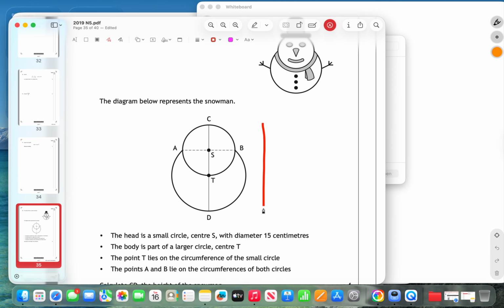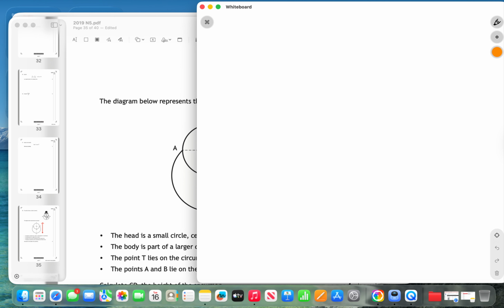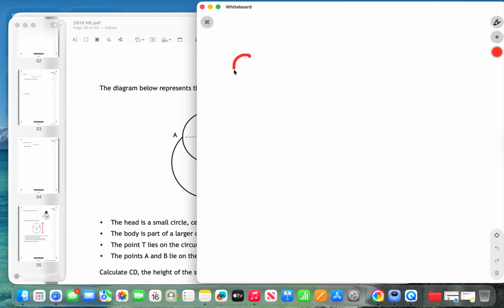So CD is this. If you have a look, we have CT and TD. So CD